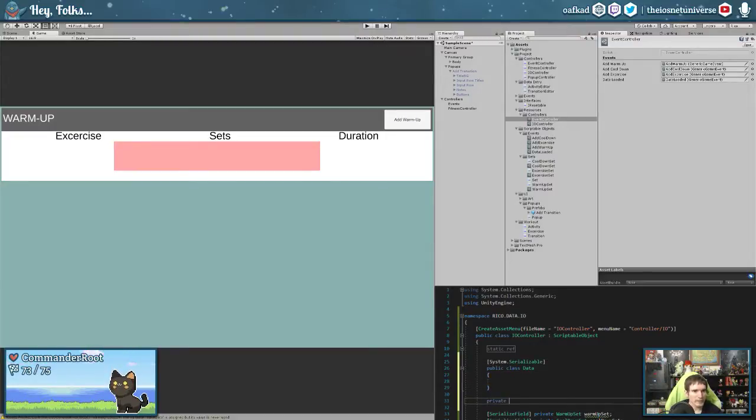Then we've got private data. Serialize it again so that it shows up in the inspector. And we move these into there, which will momentarily break a few things, but only for a moment. And you'll notice, oh, right, yeah, those got to be public now.